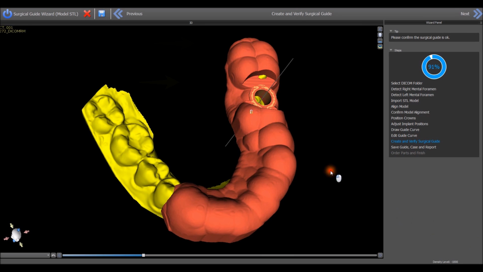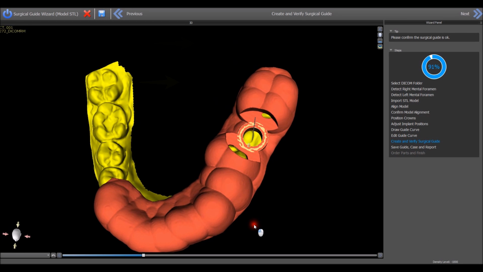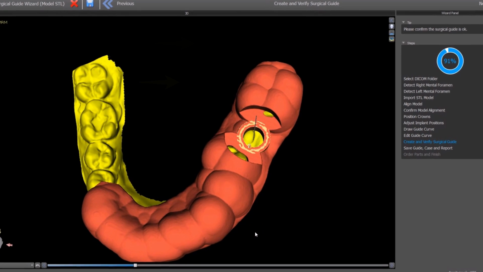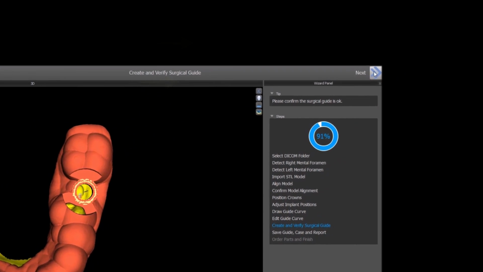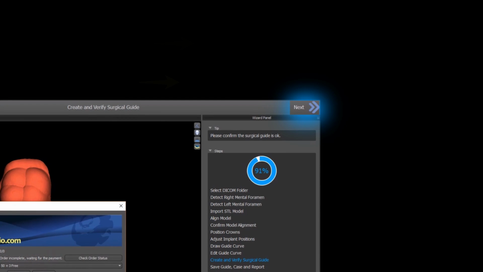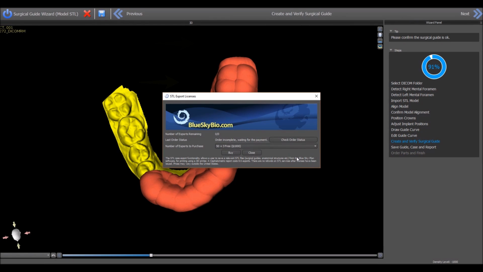The surgical guide is created and appears on screen. The hole in the surgical guide perfectly aligns with the software guide tube and the implant vertical axis passes through the center of the software guide tube. Press the next button. In order to save the file of the surgical guide to your computer for 3D printing,